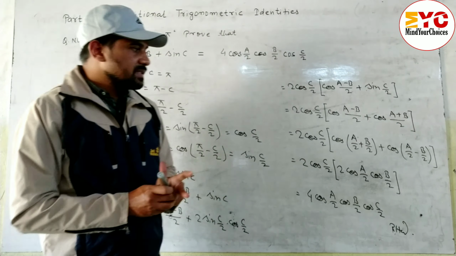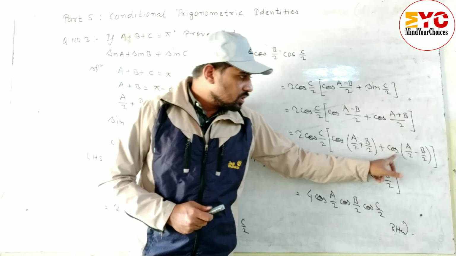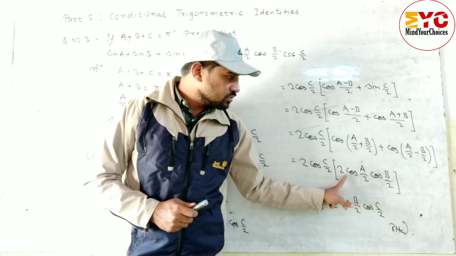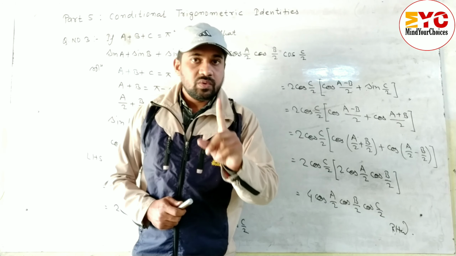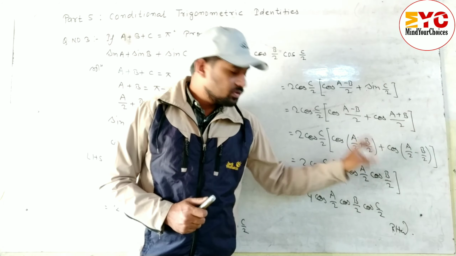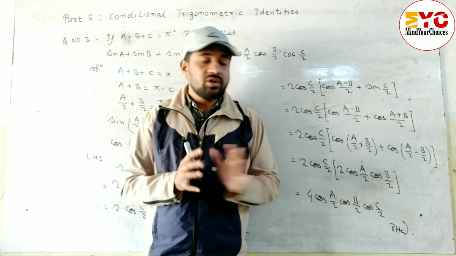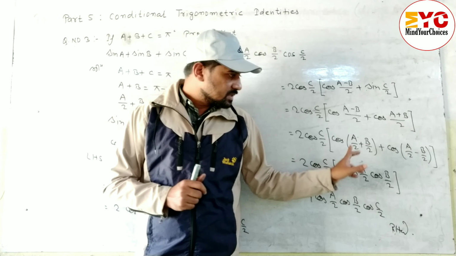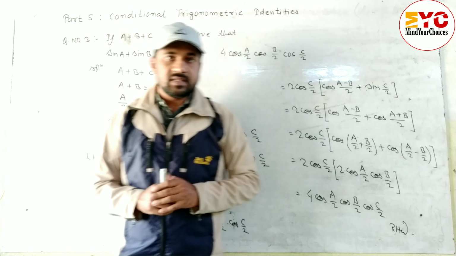Hope you understand this. Now again look at here once. The formula for cos(A plus B) plus cos(A minus B) is 2 cos A cos B. While I taught you part 4 short question, I gave you this formula. You have to remember it, or you can turn to your copies or book and check the formula. Hope you understand this question.